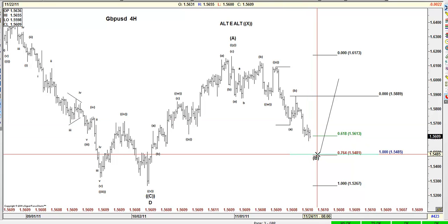That means the case in cable for a corrective structure and at least a recovery to the area around the 160 area minimum should cable recover right there. Now, I would say minimum. Why? Because I've got to be honest with you guys. As human beings, sometimes we tend to overreact to the news. We tend to overreact to the move, and I was thinking myself that one of the reasons that most traders, including us, sometimes end up losing